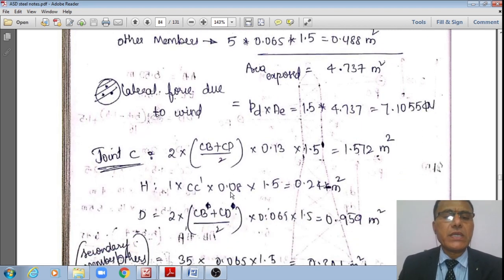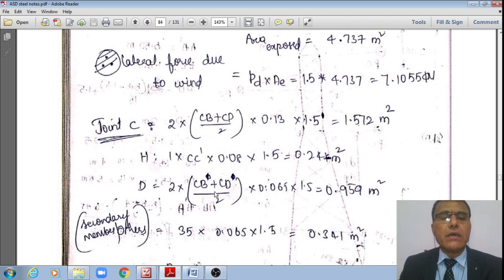Now, likewise, you can calculate the forces at joint C also, right? At joint C also. Then on the columns, there are two columns of each length, as I have just explained in the previous subheading, students, which is equal to CB plus CD divided by 2 multiplied by 0.13 multiplied by 1 plus 0.5, 1.5. It works out, say, 1.512 meter square. And of the horizontals, there is only CC prime. It is of 80 by 80 by 6 mm, therefore 0.08 multiplied by 1.5, it is around